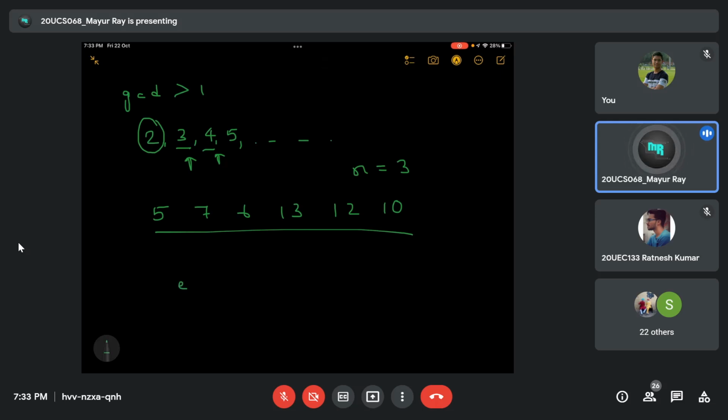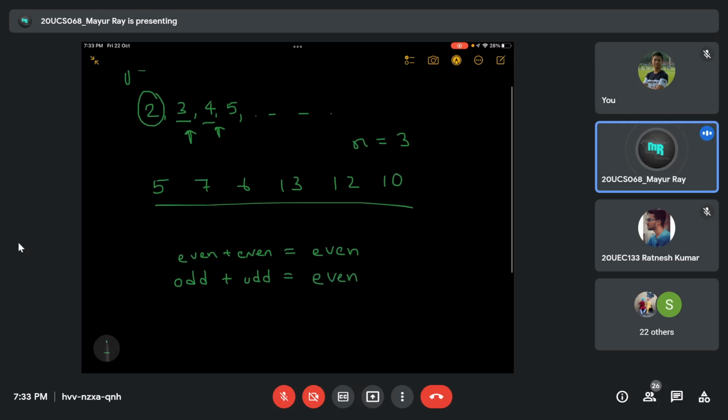If I add two numbers such that they are even plus even, I will get an even number, right? If I compress odd and odd, that is, I add them, then also I get even, right? This is pretty easy. And if I take the GCD of all the even numbers, then of course at minimum I will get 2. I can get any other value also, but at minimum I will get 2 at least. So that was the simplest thing.